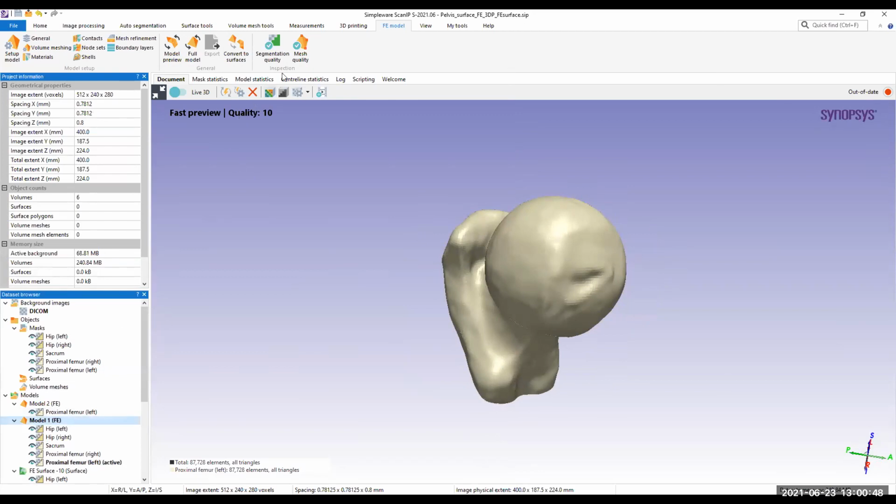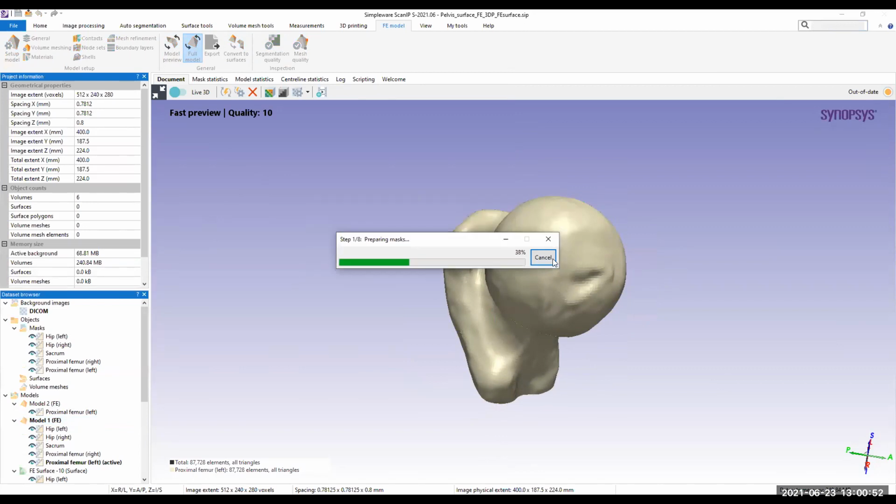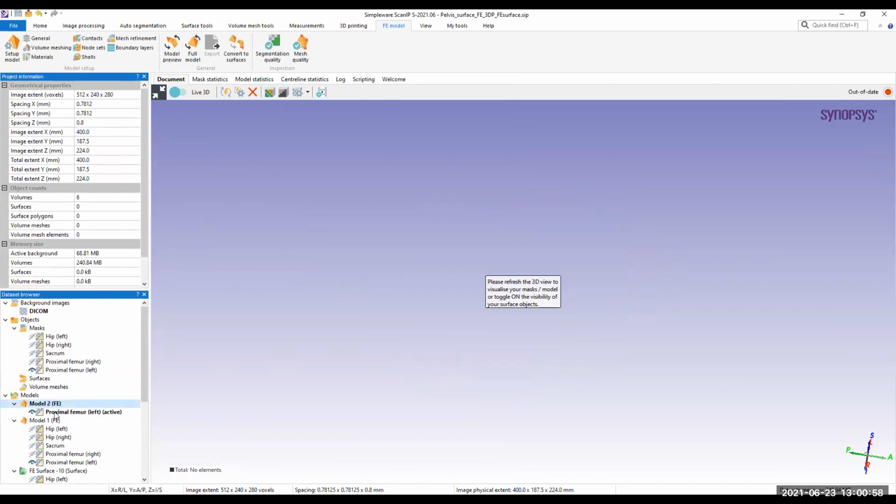And let me just generate a full model over here quickly. Oh, it will do it for the complete process, so it will take some time. The meshing, material property assignment, everything will be done over here in this software. Yes, so we can use their solvers by applying the boundary conditions and we can see the results.